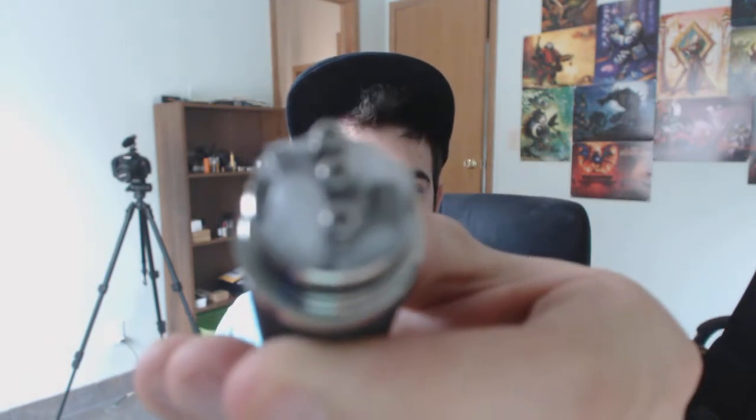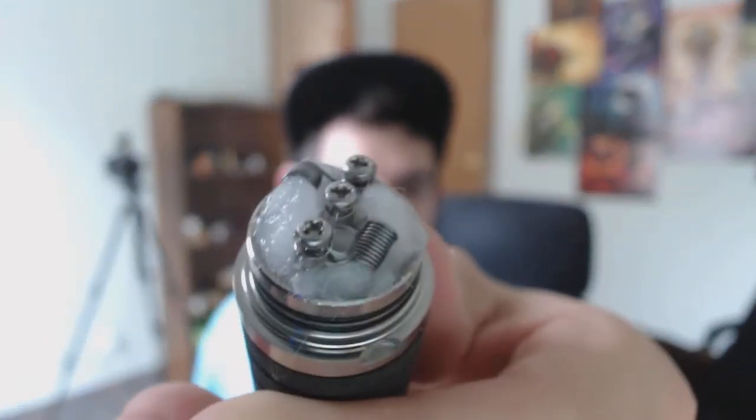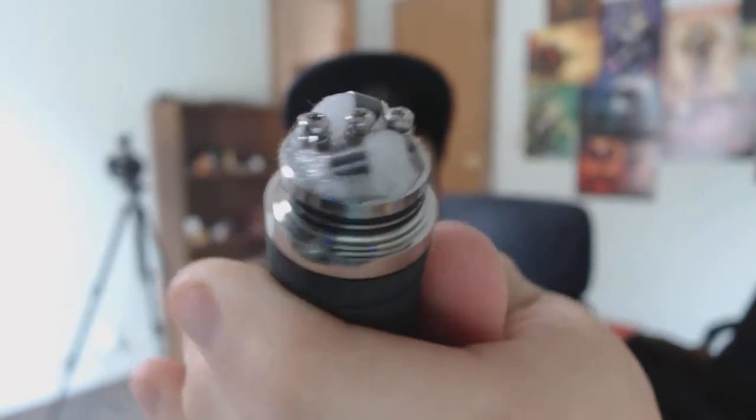Once again, hopefully the camera will actually adjust. There we go. You can see I got it nice and soaked down in through there. No dry spots or anything like that. So I'm going to go ahead and fire it up. You can see them smoking a little bit. Alright, so I'm going to go ahead and put my top cap on there. And let's go ahead and give it a vape. IGO-W, little number 4 next to it. I'm not sure what that means, but